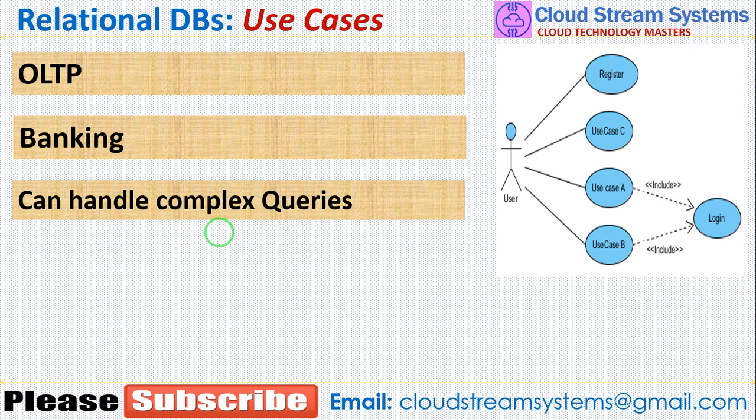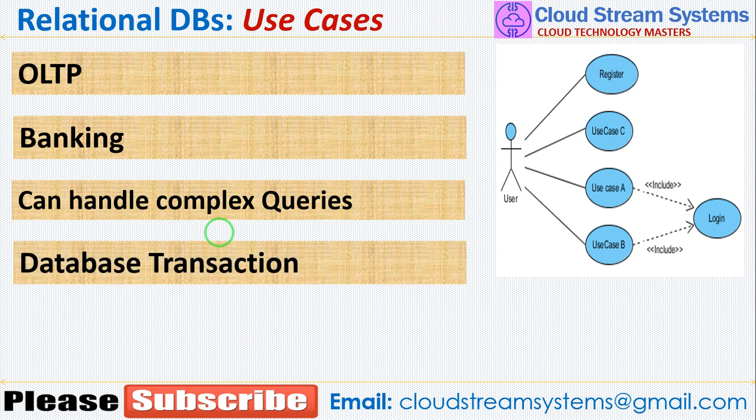When you are using multiple subtables, and you need to fetch data from those multiple tables, you will use indexes or joins, a couple of options are available, aggregation kind of stuff. So there you need to handle complex queries, right? That is what you will be able to handle. Even transactions you will be able to perform. This kind of complex queries and transactions